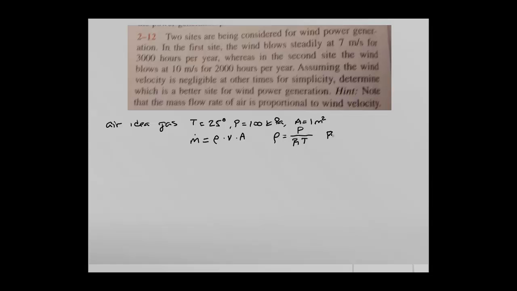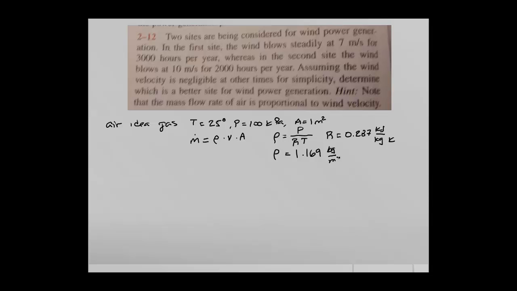Remember that this R is 0.287 kilojoules per kilogram Kelvin. So substituting these values, we can get that density is 1.169